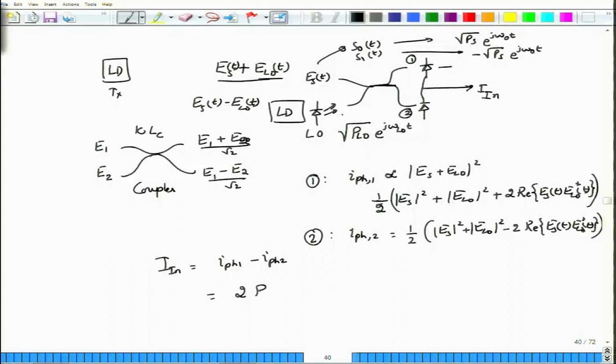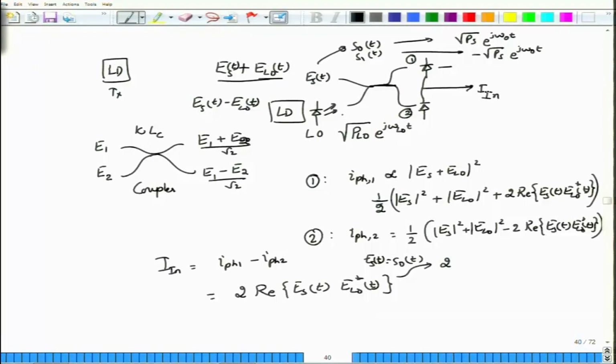Okay. So I will write this as real part of. Now I am going to assume that I have transmitted some bit, 0 or 1, and then look at the output of this one for the two different symbols. So initially, suppose I have transmitted S0 of t, which means that Es of t will be equal to S0 of t. So the output of this I, or the output photocurrent I in, will be actually equal to